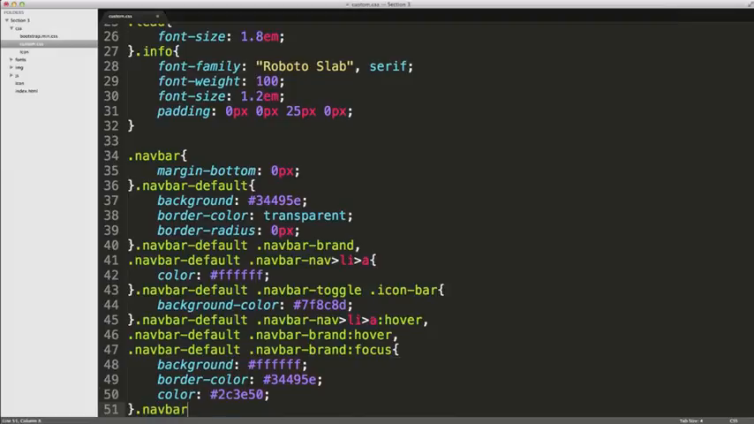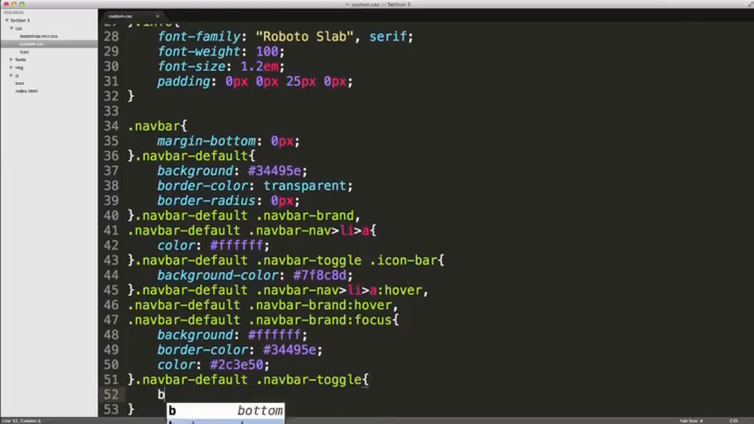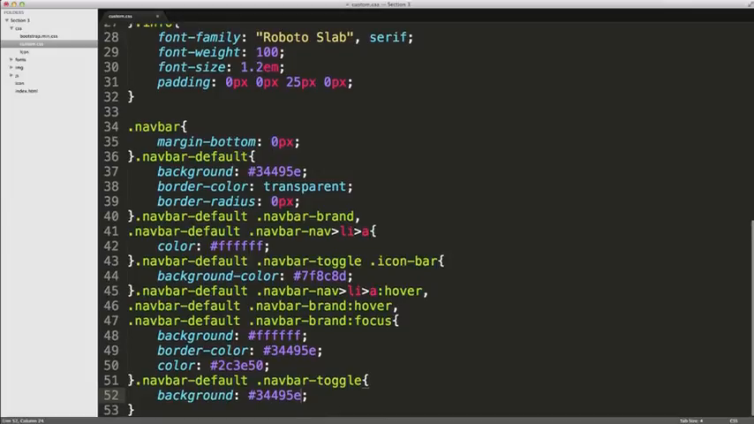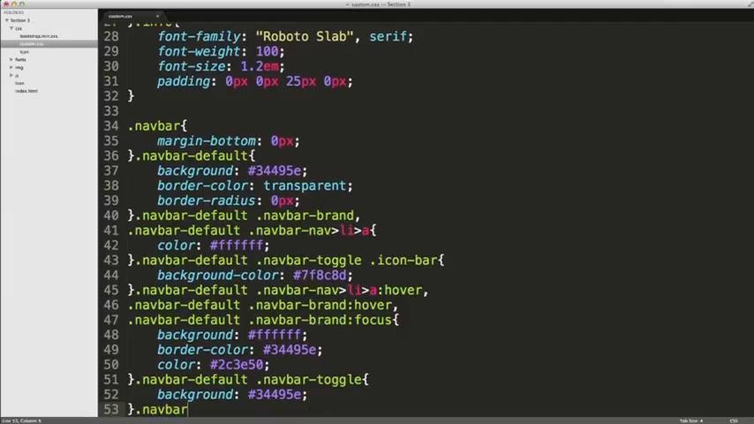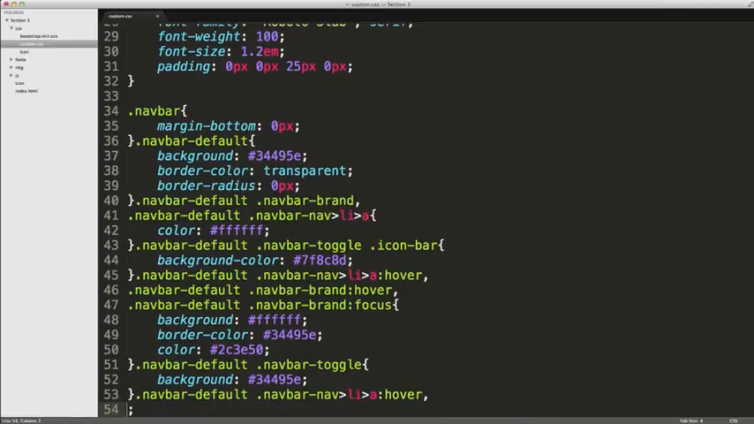And just a little bit more to go. Navbar-default navbar-toggle, and background of 34495E. Again, you'll see some of these colors repeating, and a little bit more to go. Don't worry, not too much longer. Navbar-default navbar-nav in its hover state, navbar-default navbar-nav li a in its focus state,